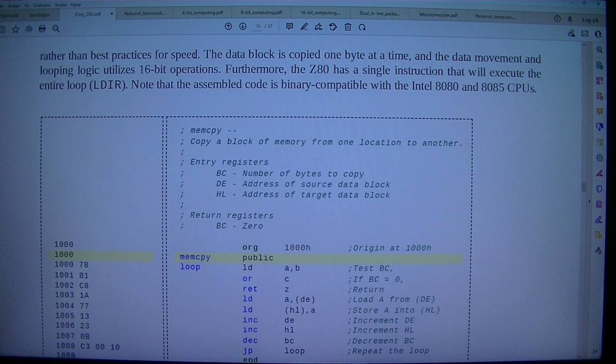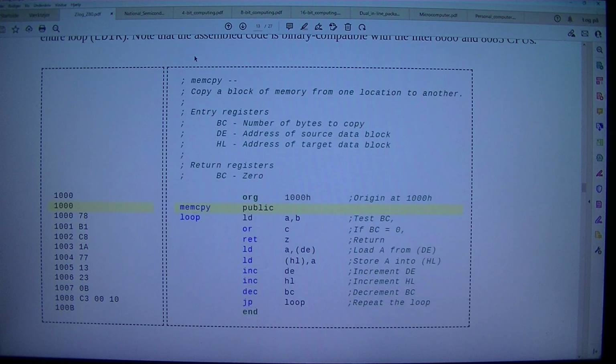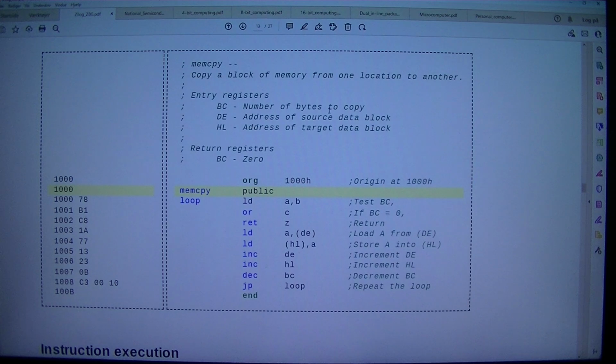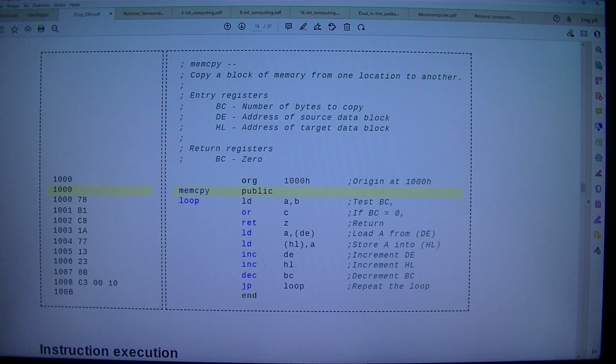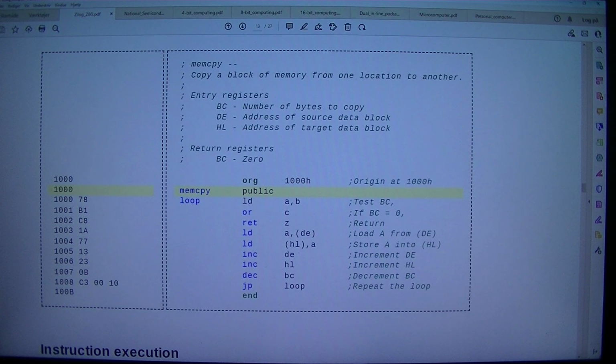Note that the assembled code is binary compatible with the Intel 8080 and 8085 CPUs. 1000, 1000, 1078, 1001 B1, 1002 C8, 1003 1A, 1004 77, 1005 13, 1006 23, 1007 0B, 1008 C30010,